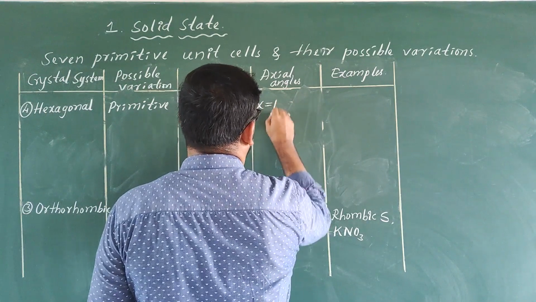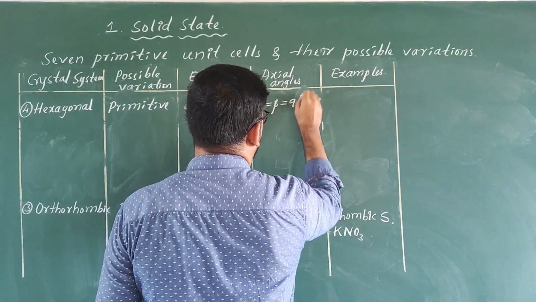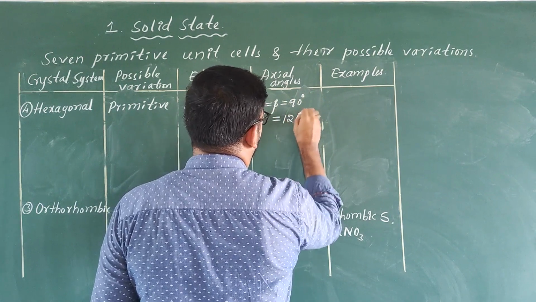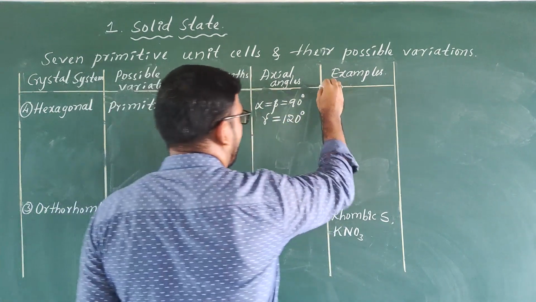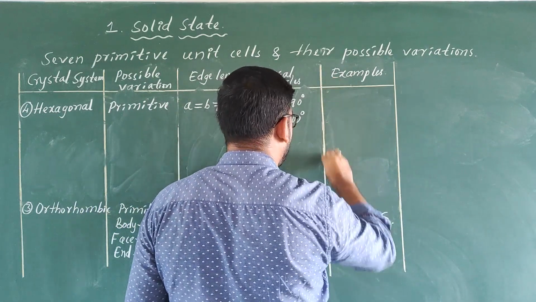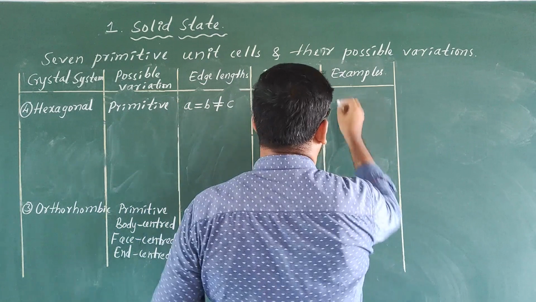So alpha is equal to beta is equal to 90 degrees, gamma is equal to 120 degrees. The best example for the hexagonal system is graphite,